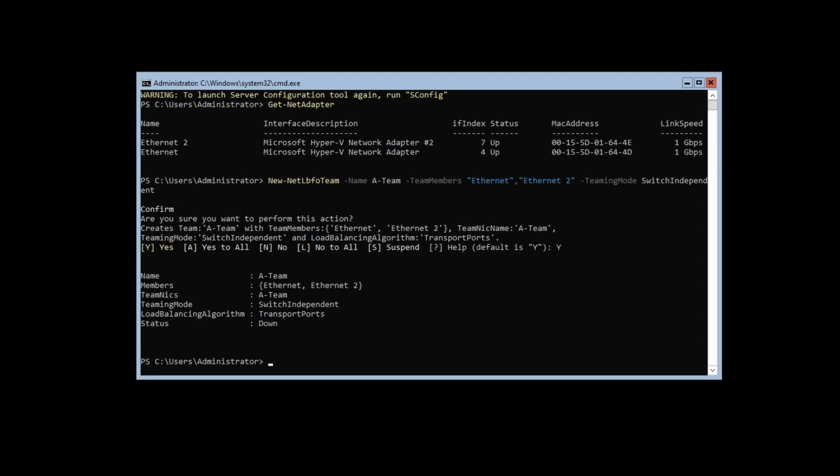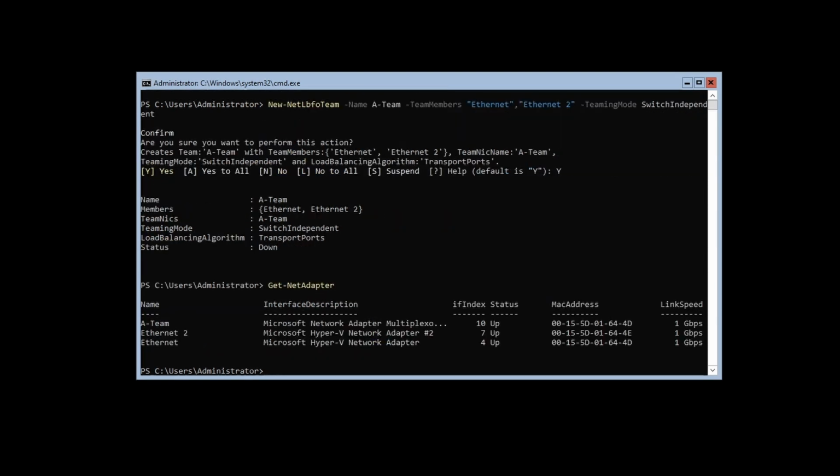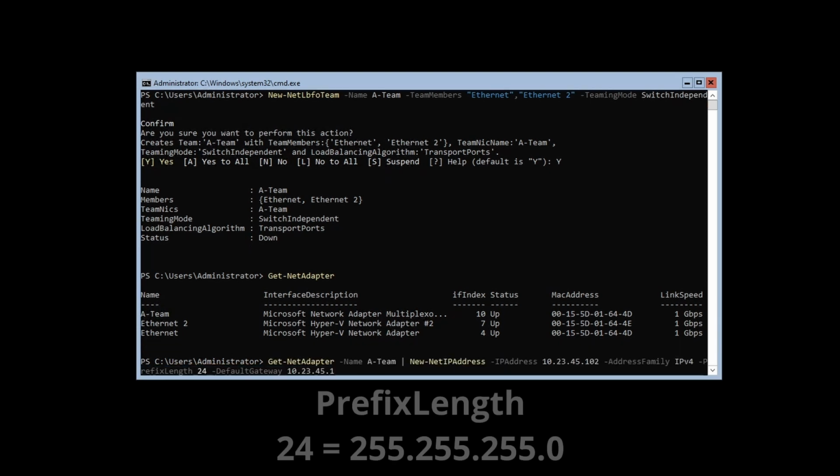Type Y or just hit Enter to confirm. Type Get-NetAdapter to see the 2 physical NICs and the newly created NIC team. To assign an IP address to the NIC team adapter, pipe the newly created NIC team adapter via Get-NetAdapter to the New-NetIPAddress commandlet. The -PrefixLength parameter is specified in CIDR notation. Setting it to 24 is the same as setting the subnet mask to